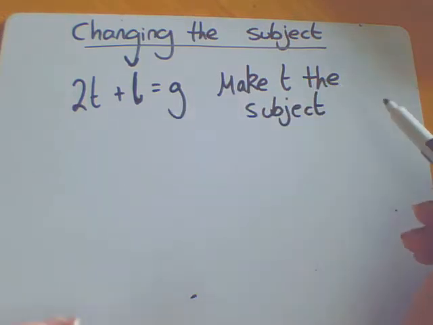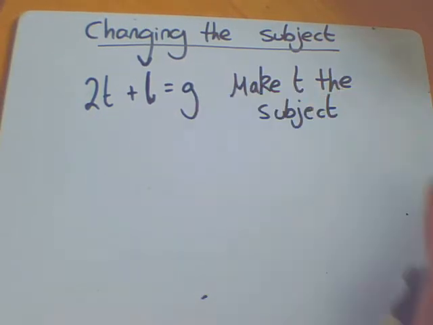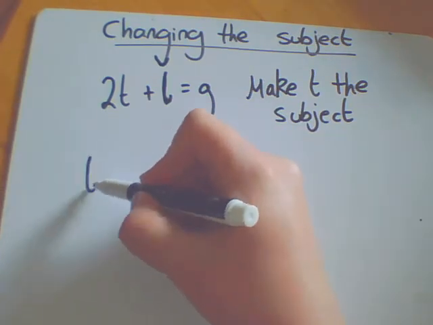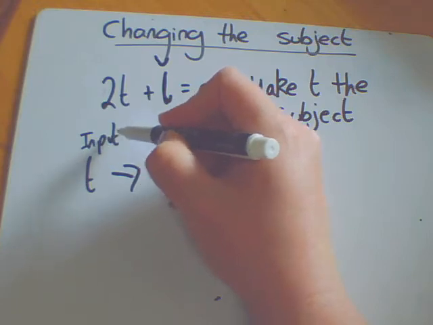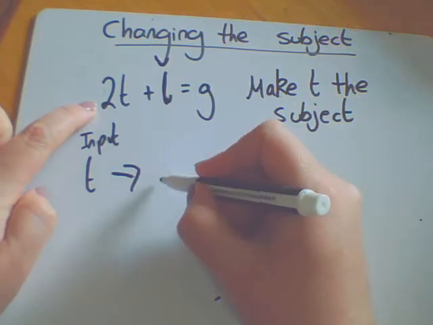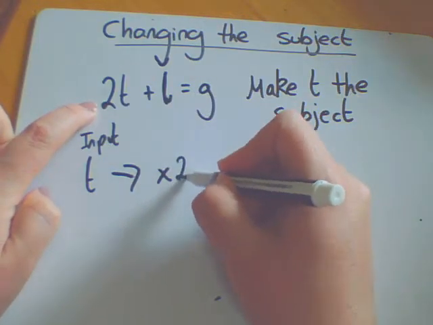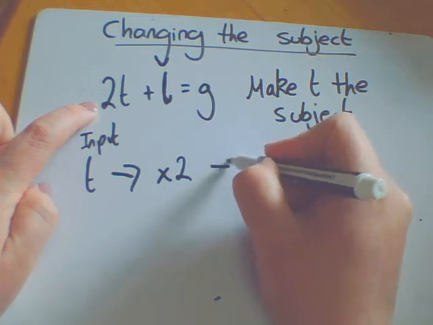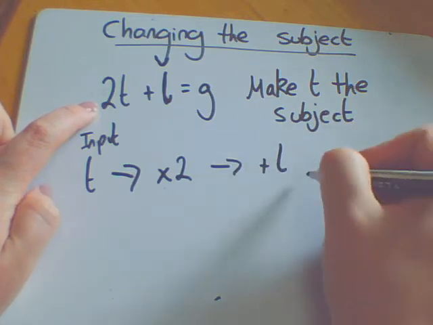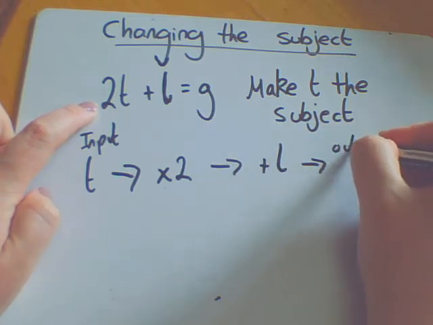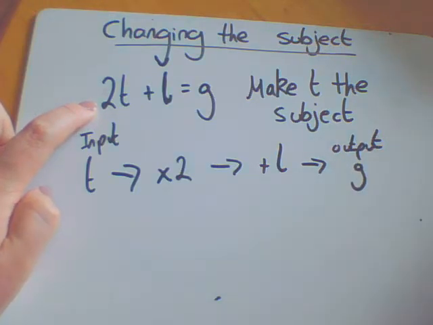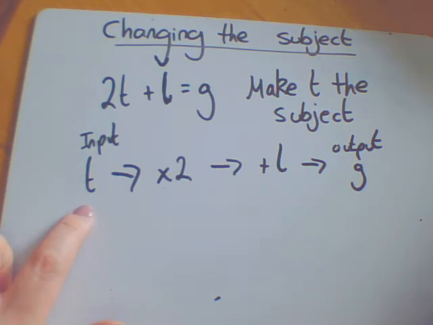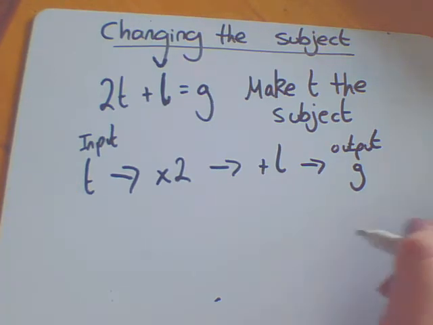So this formula here, if t is my input, okay, and that's my input. So this is telling me I'm taking t and I'm timesing it by 2. I'm then adding on L, and my output is G. So if I now want to make t the subject, I am going to rearrange this and